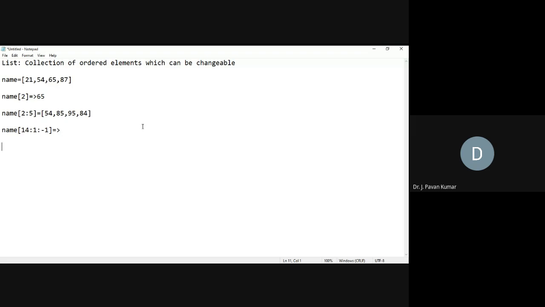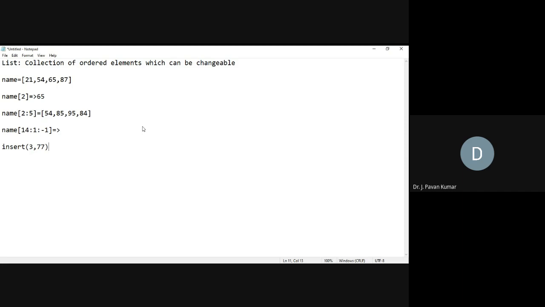Next, we have seen another thing, some methods related to list, like insert. Insert is the method where we will be specifying the position. Suppose I wanted to insert at the third index position. So for the third index position, what is the element that I wanted to insert? That I can specify: insert(3, 77). So at the third index, whatever element we have will be displaced right. So at the third index, we will be getting the vacant position. There we can fill 77.